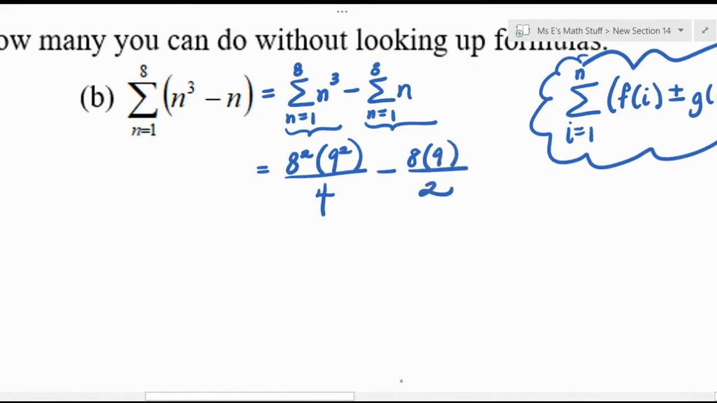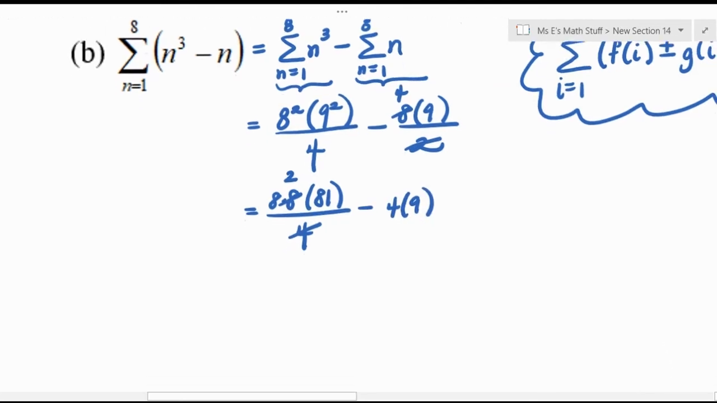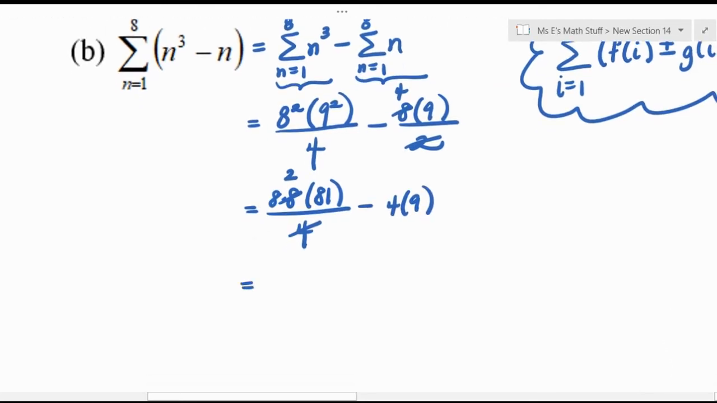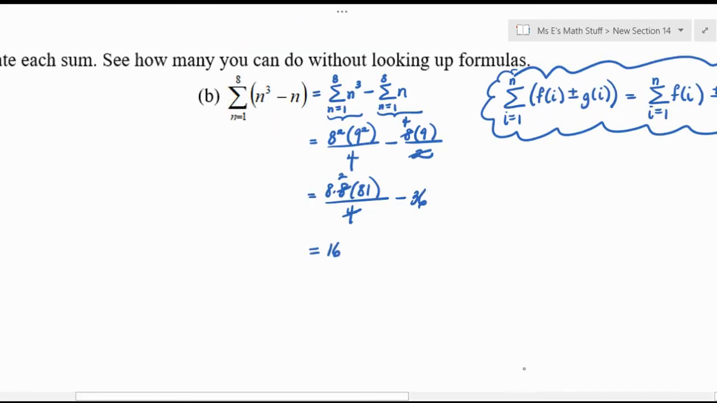Okay, now let's just simplify this down. So 8 squared is just 8 times 8, and 9 squared, I'm just going to multiply that out and be 81. The reason I didn't multiply 8 times 8 together is because I really want to cancel things down and make it a little bit easier for myself. I'm also going to cancel this 2 with this 8. And so for this part, I have to do 4 times 9. Okay, so I'm left with 8 times 2, which is 16,